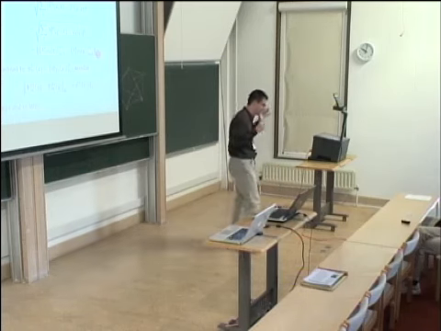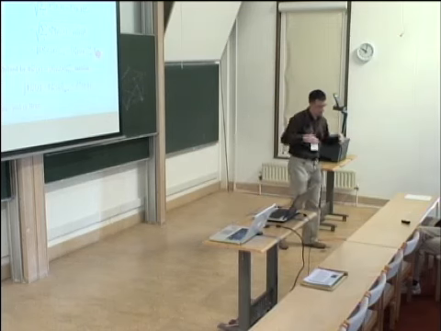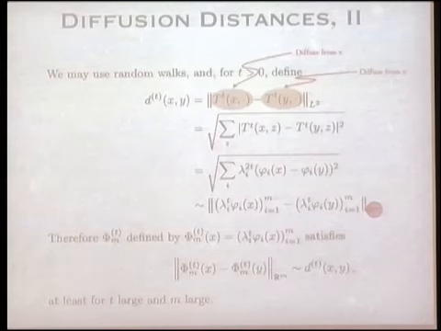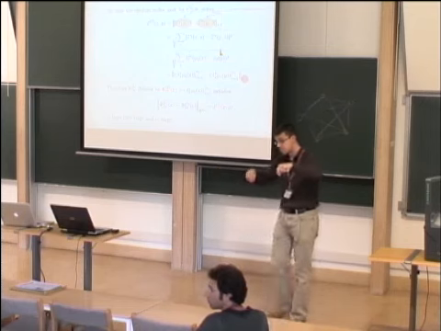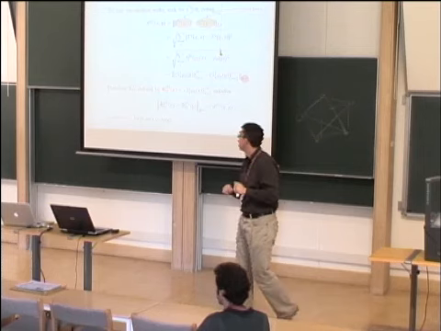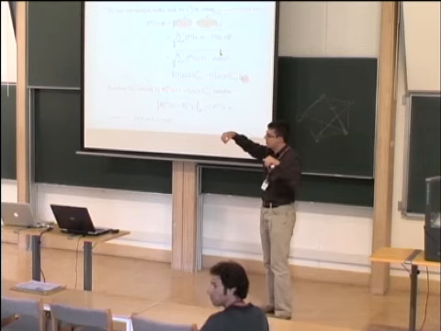I'm going to work with T, but I might as well be working with P or any of the other operators. And how can we measure distances between 2 points? Well, instead of doing shortest path, which is kind of unstable as soon as the graph is perturbed a little bit, I'm going to do something slightly different. I'm going to put a delta function at x, and I'm going to diffuse that for t steps. I'm going to put a delta function at y.